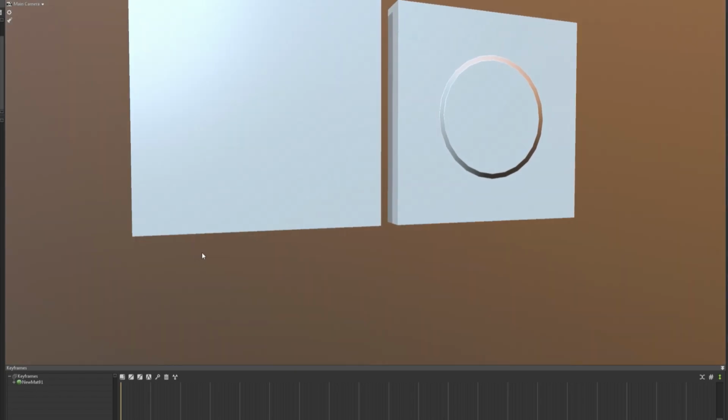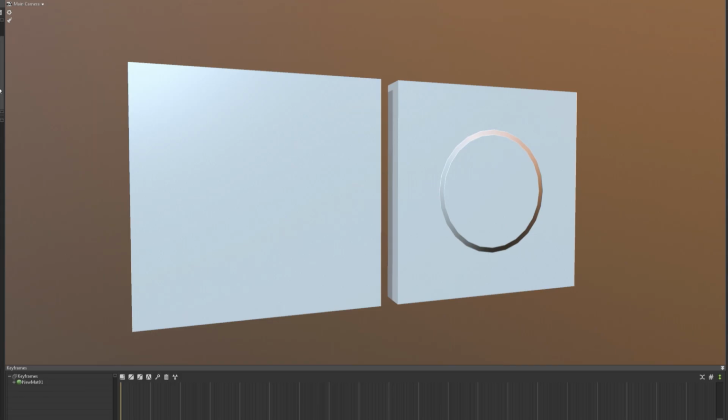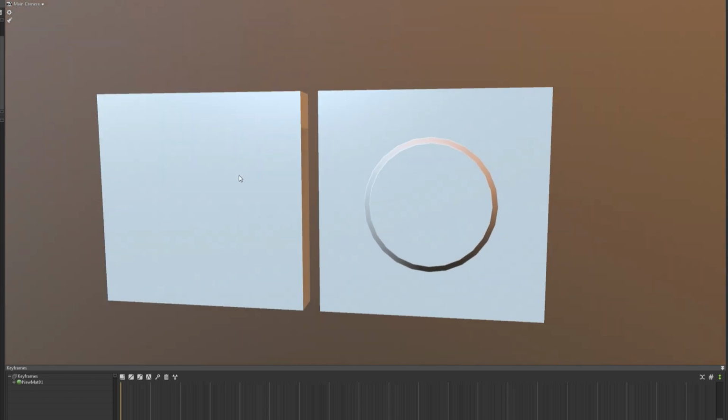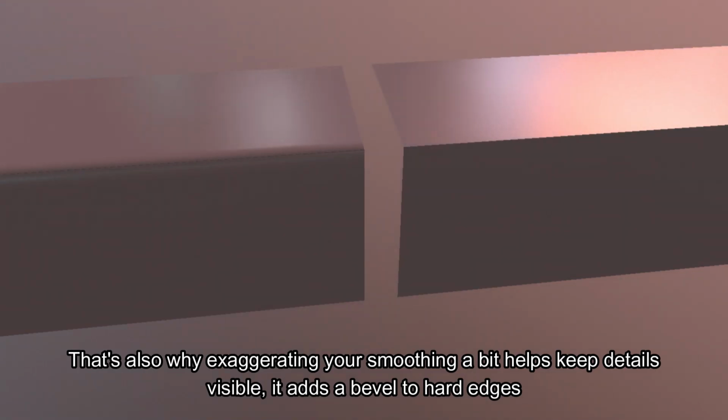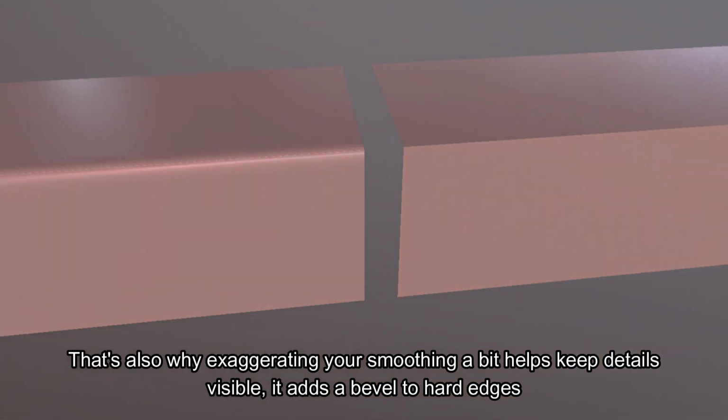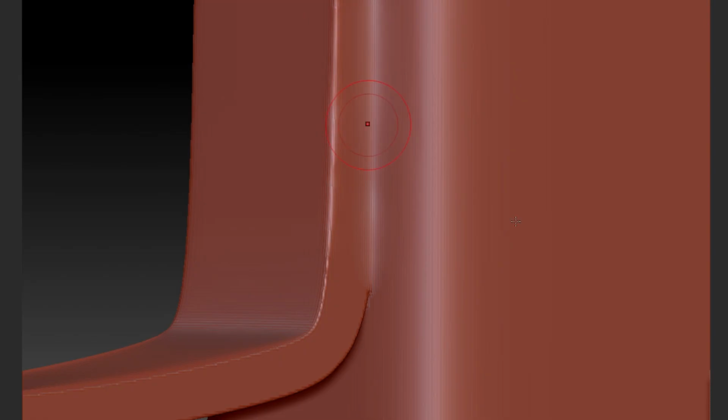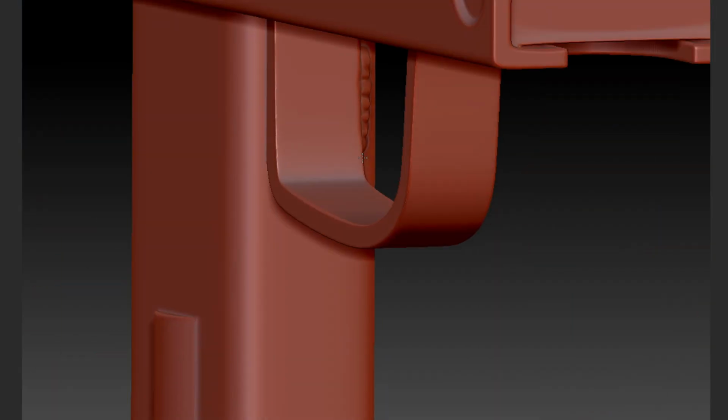So even if you're adding a detail that realistically sticks straight in or out, you need to add some sort of bevel for it to be visible. So always keep that in mind when adding details to the high poly that won't be represented in the low poly mesh. Make sure that you add a slight bevel or taper, otherwise they'll just completely vanish when it's time to bake. The high poly mesh is also where it starts getting really important to consider what material your object